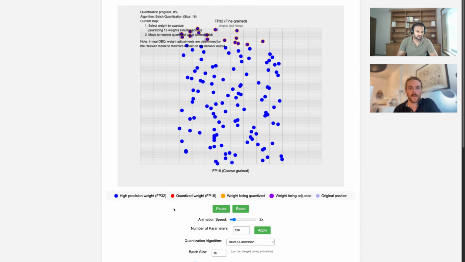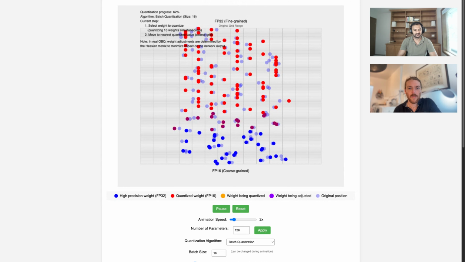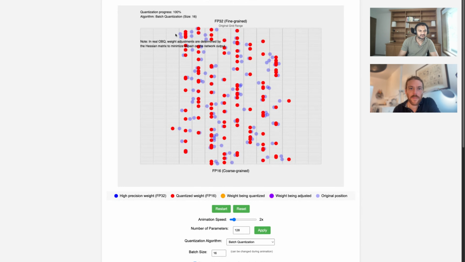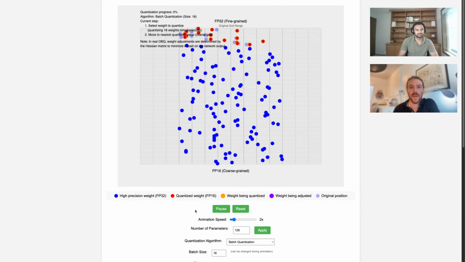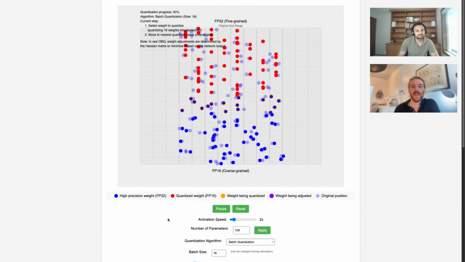So the light blue is where we started. Then you have the purple, and then they settle in the red position. The dark blue is what the parameter value is at that moment. And you see, after we update the batch, they adjust the parameters to minimize the